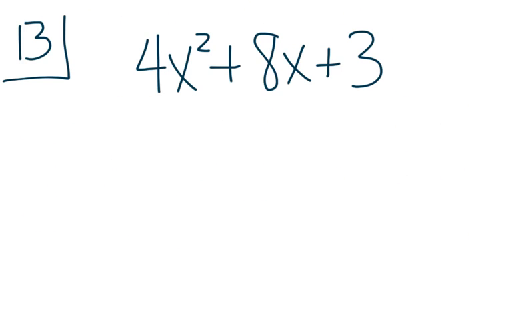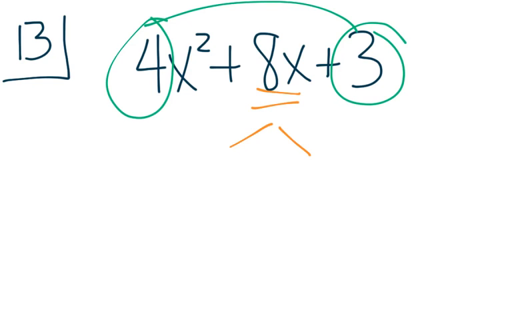Okay, now we have 4x squared plus 8x plus 3. So what we want to do is, since there's only 3 terms, we can't put it in a box right now. So we want to split up this middle term into two different terms. And the way we do that is we take our first term and our last term